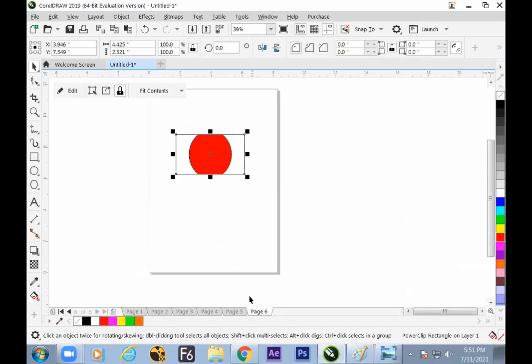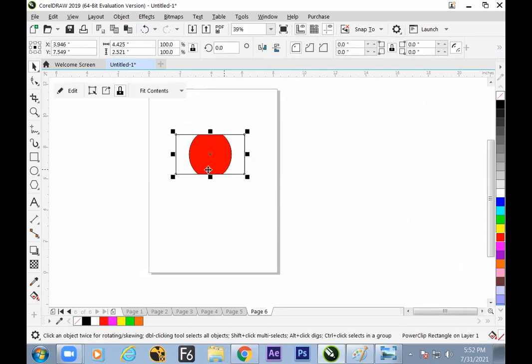Now where is it used? What is the practical application of it? How to modify the power clip? Now the next will be started. So the first method, the making method, is known now. Select the first object, go to the Object menu, switch to power clip and click on the target object. The selected object will go into the target object.